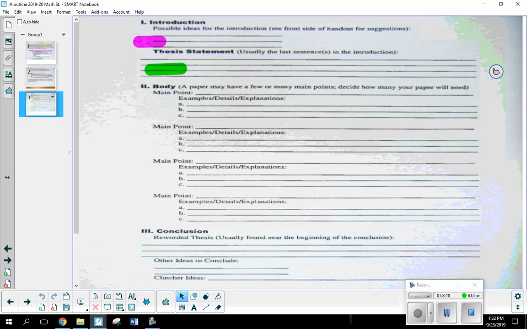And it's only one point. So really, there's only 2 options. You either get credit for the validity or you don't. Okay, so there's that. And then just finish it off, other ideas to conclude if you want to go ahead and start to fill that in. But that's really all I'm looking for at this point.